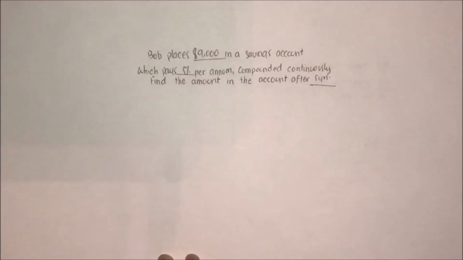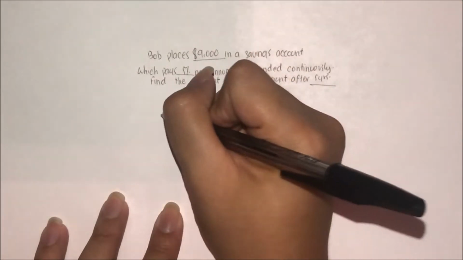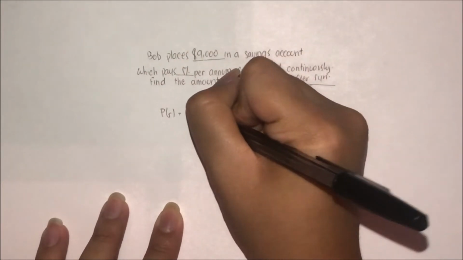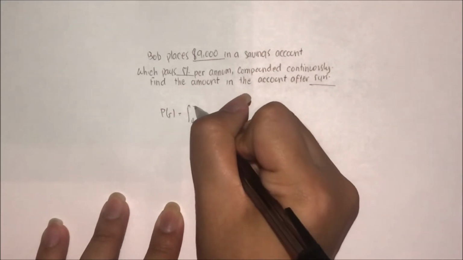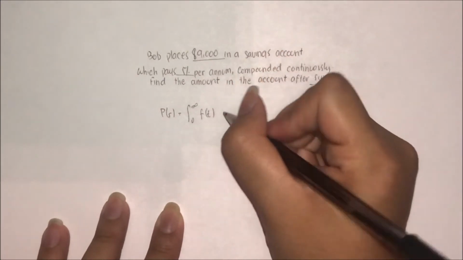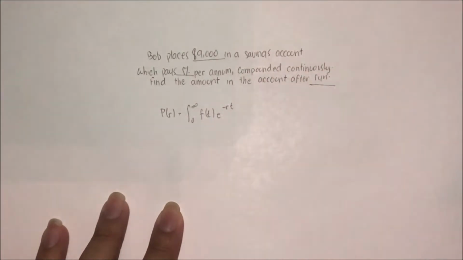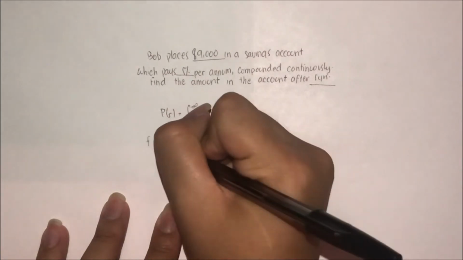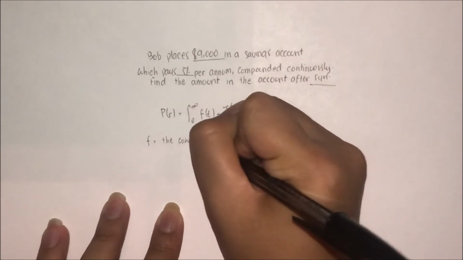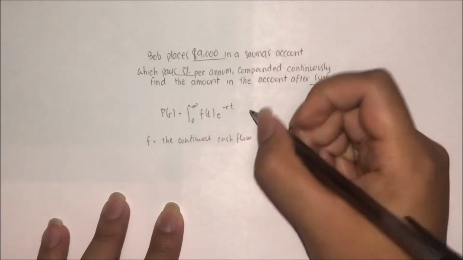The equation that will be used in solving this problem is the Laplace method. The equation will be P of R is equals to the integral of 0 to infinity times f of t multiplied to e raised to negative rt. Given that f is the continuous cash flow function,